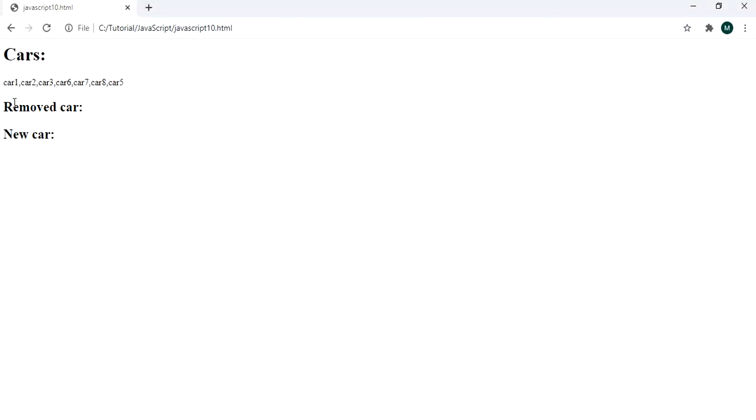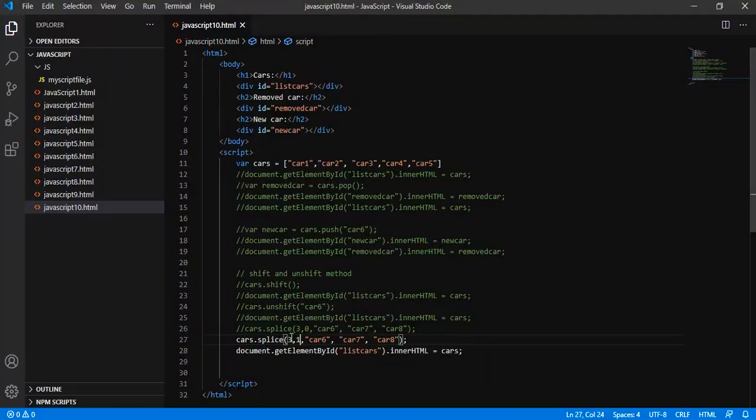So car 4 is removed, then car 6, car 7, car 8 are added, then the rest of the elements that were already there. So starting with 3, we removed one element, added these elements, and let the other elements stay as they are.